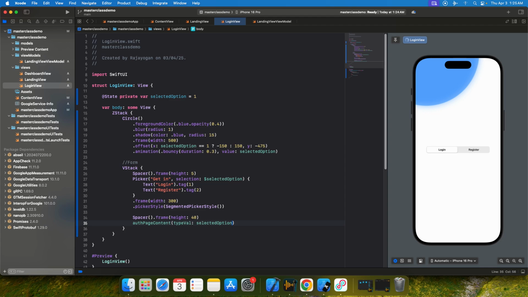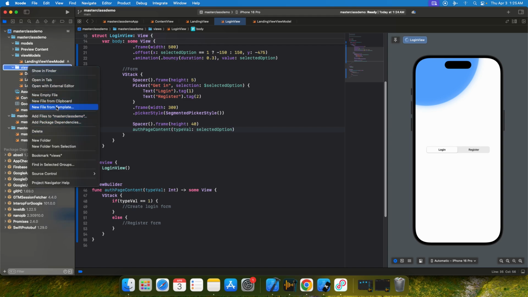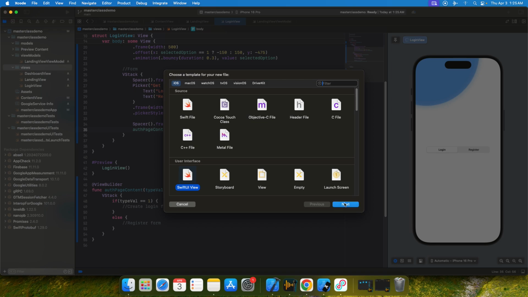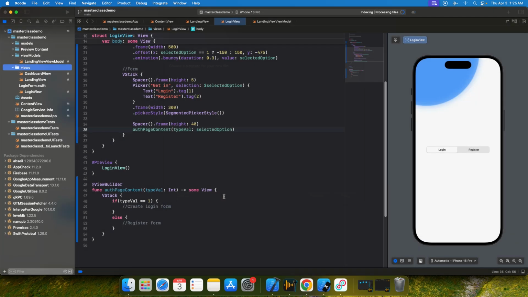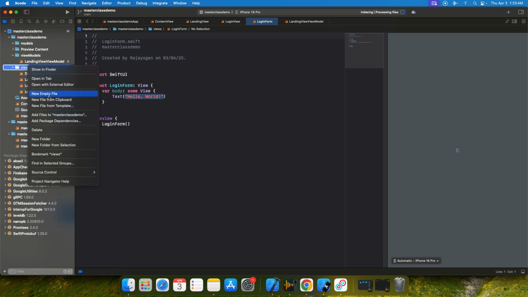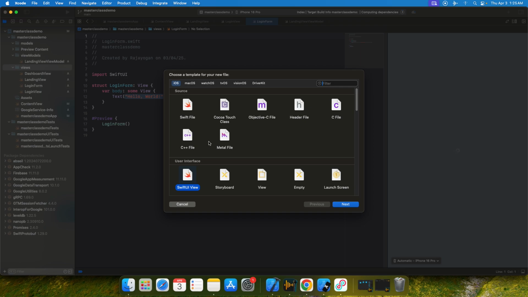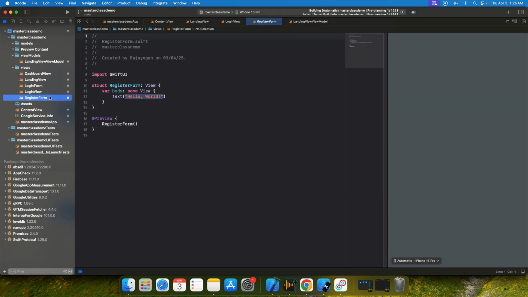Alright, I hope you get what I have done here. What I have done is simply created a view builder wherein I will create 2 more views now. I will do that now. New file from template. One will be called login form. The other would be called register form, and